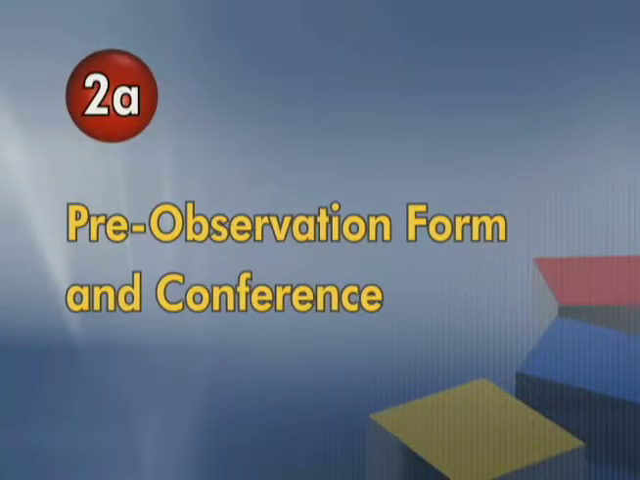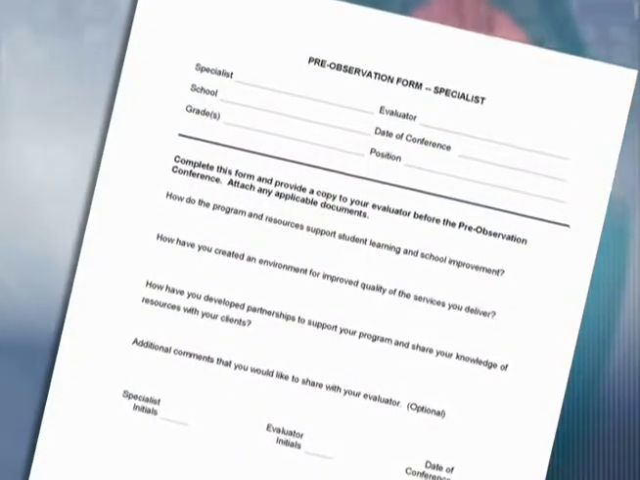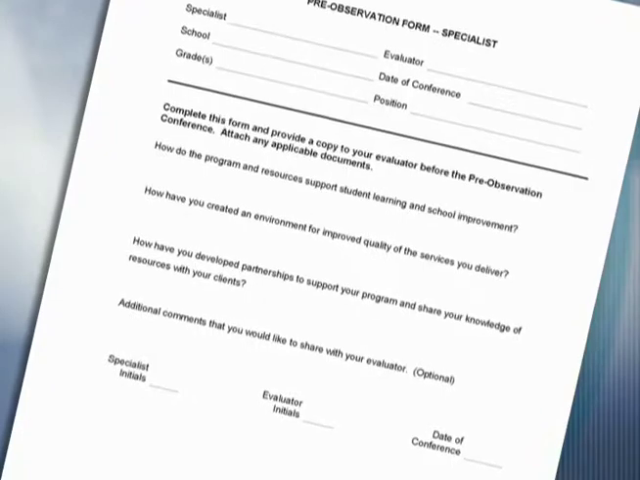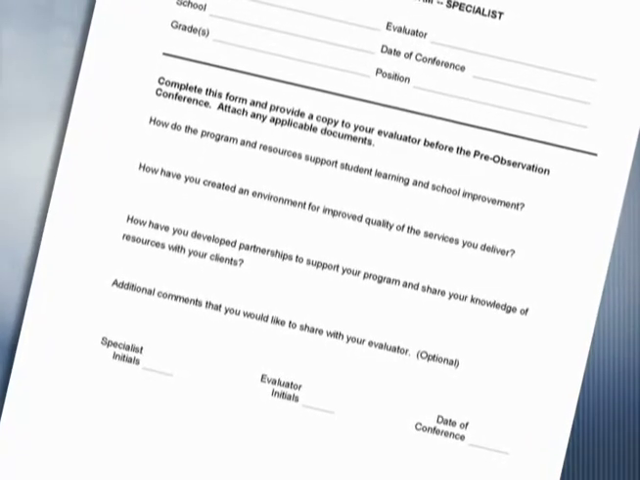Next, let's look at the actual observation activities. In the case of an announced observation, the first step is to complete the pre-observation form and give it to the evaluator, who will schedule the pre-observation conference as close as possible to the observation. The pre-observation conference should be held in the specialist environment where supplemental materials are available and the space can be